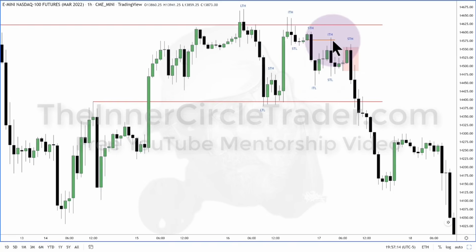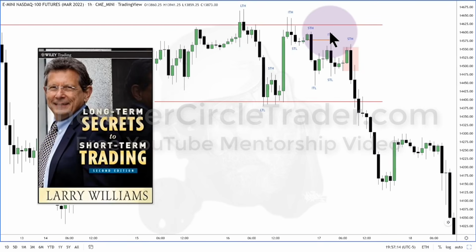Now here's where we take a huge step forward. So when you hear people talk about market structure and they're looking for a higher high, higher high, higher high, and having successive lower lows behind them, and then you have a failed higher high, and then it breaks the swing low right before that failed higher high, they look at that as a change in trend. Not all the time. Many times that's a good buying opportunity for me because really that's just coming back down to a deep discount, and I'm going to buy those.